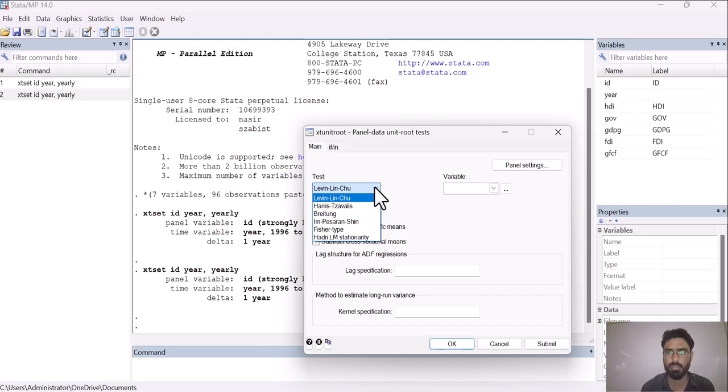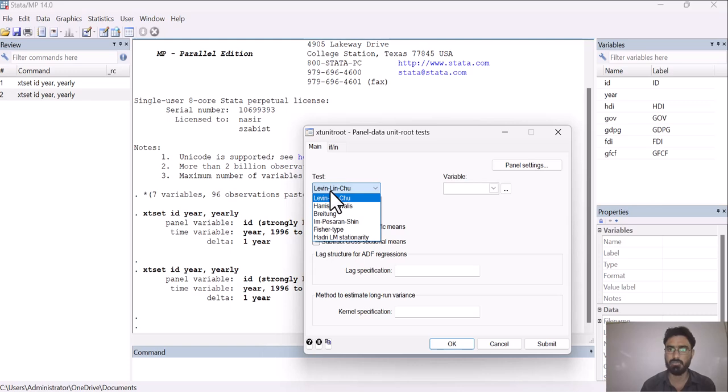You can choose any of these tests, but there are two most famous or popular tests that are used in most studies for checking the stationarity of panel data. The first one is Levin-Lin-Chu and the second one is Hadri LM stationarity.